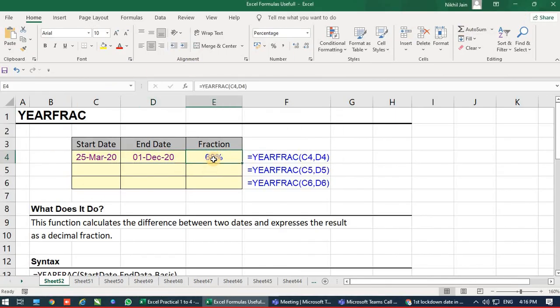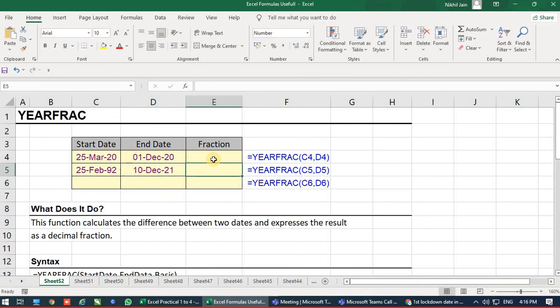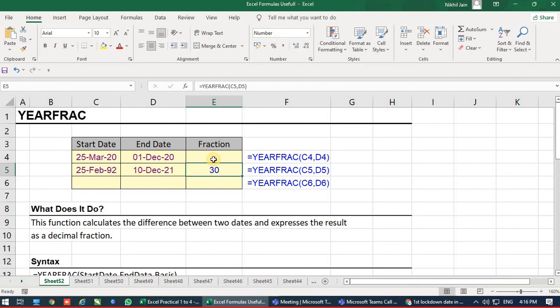Okay, so this is a good thing. Again, what if I type my date of birth over here from 1992 and today's date? What will the answer be if I type year fraction bracket open start date comma end date bracket close, enter? 30. Okay, done. So this is my age. If we show the decimal, then 29.79 is the exact age. There is still a little time before I turn 30, I'm still young, there's some time before becoming middle-aged.